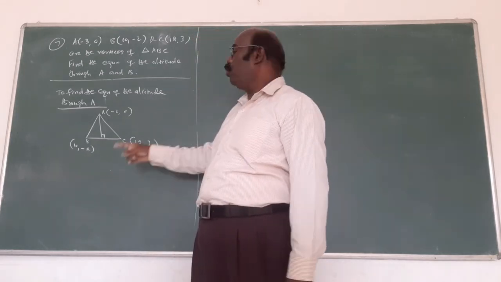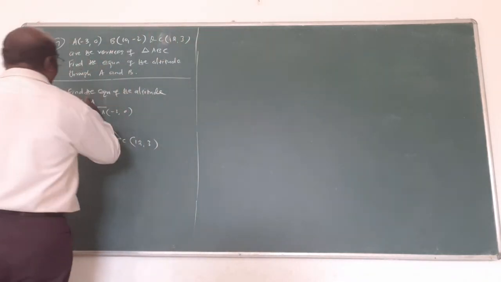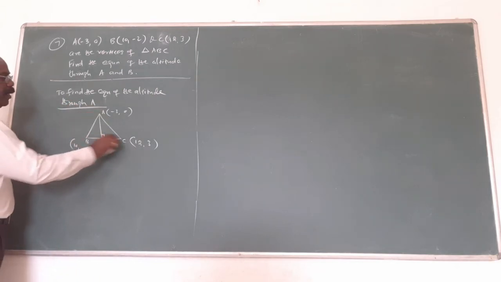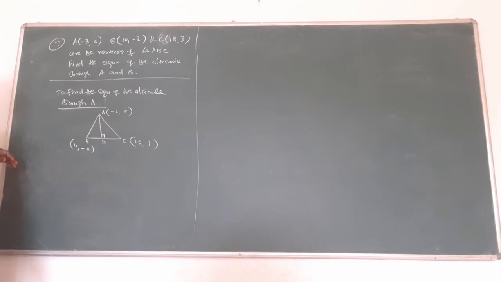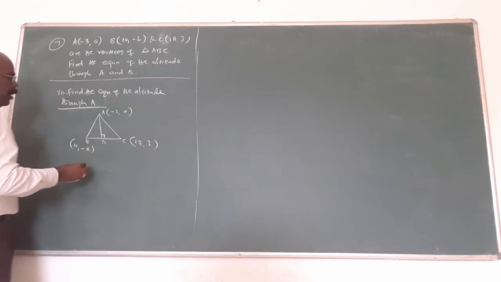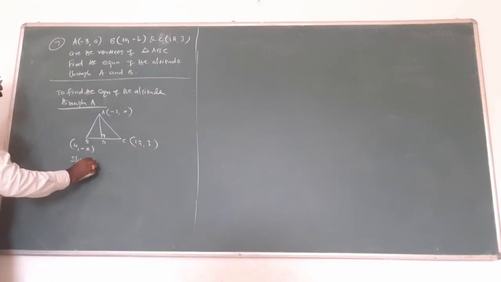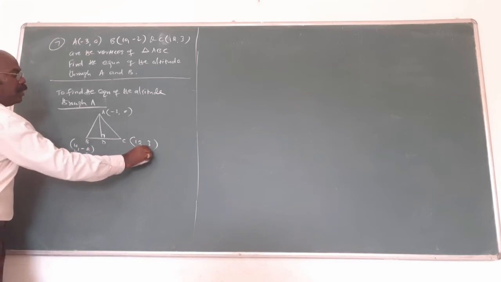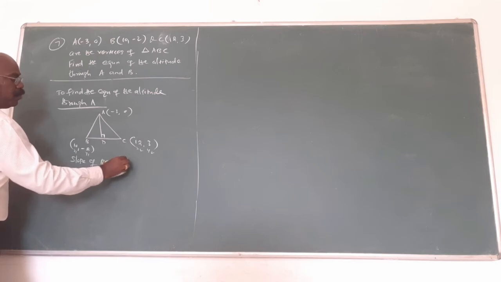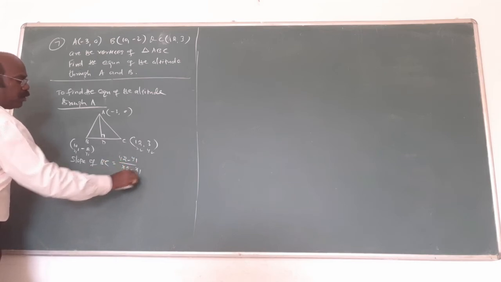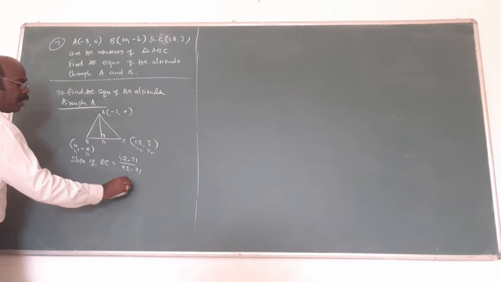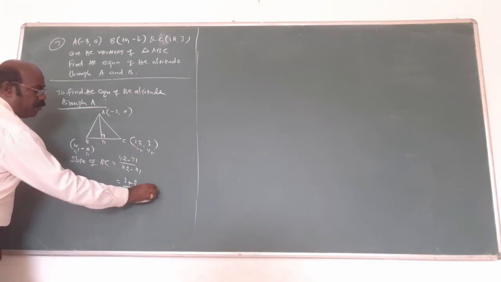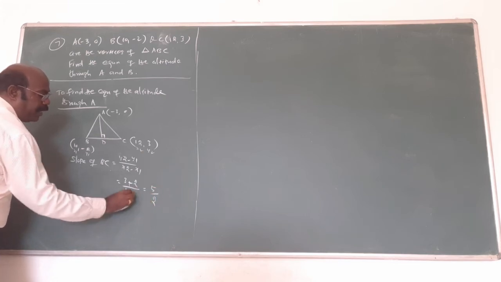That's why 2 problems. First, find the equation of the altitude through A. So A to the opposite side BC. This will be D. Am I right? Already, the word altitude involves the slope formula. The slope of BC, let it be x1, y1, x2, y2. What's the formula? y2 minus y1 by x2 minus x1 is the formula. Substitute here: 3 minus, minus plus 2, 12 minus 10. You got what? 5 by 2.